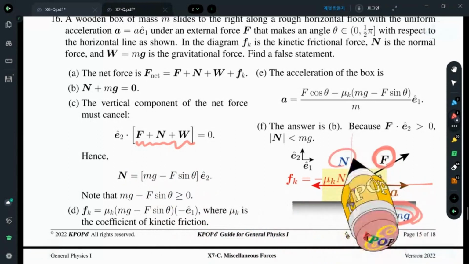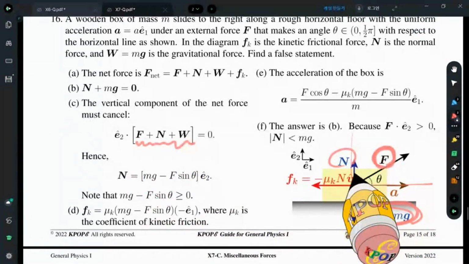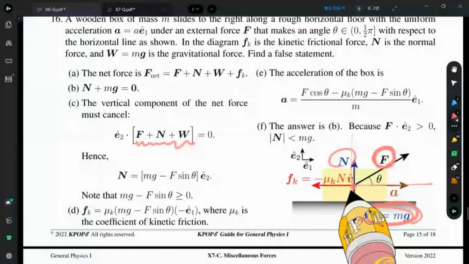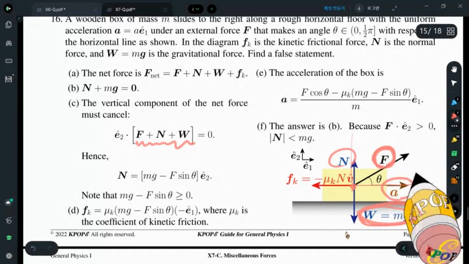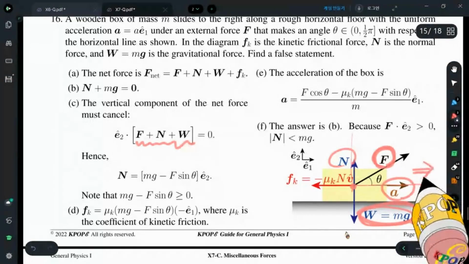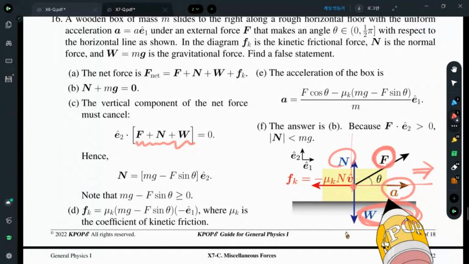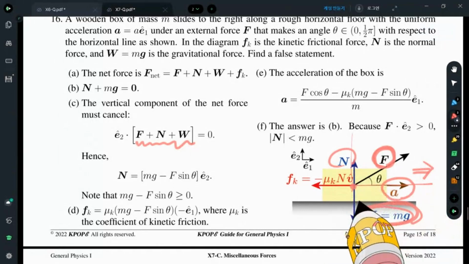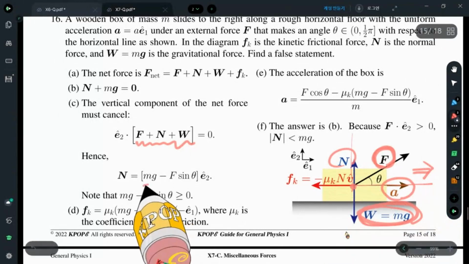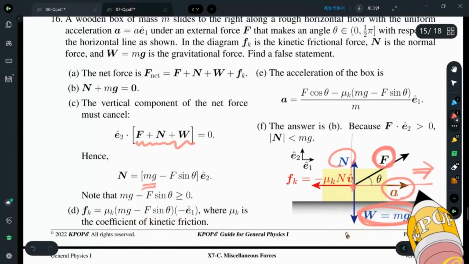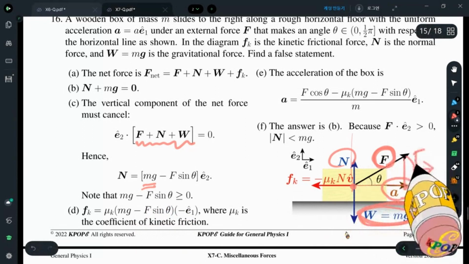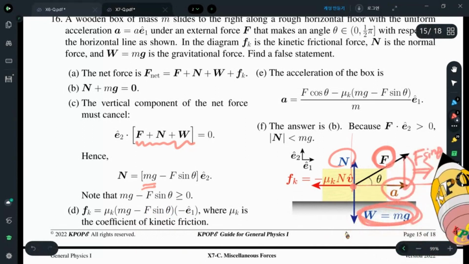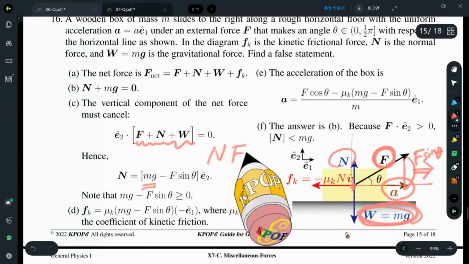As far as the vertical component is concerned, they are in equilibrium. The only contribution that is not in equilibrium is in the horizontal direction. So the resultant acceleration must be parallel to the right direction. Because the vertical component must cancel, we have mg and F sine theta. F is in here. This is F sine theta. So N plus F sine theta,